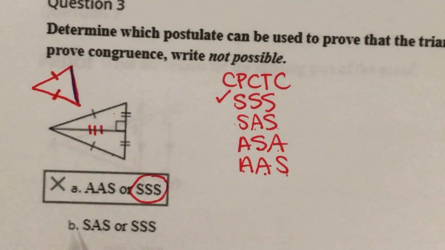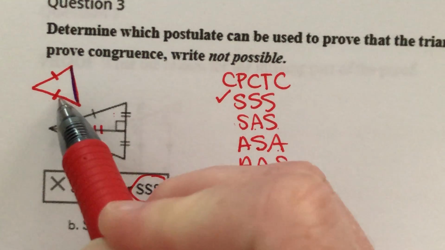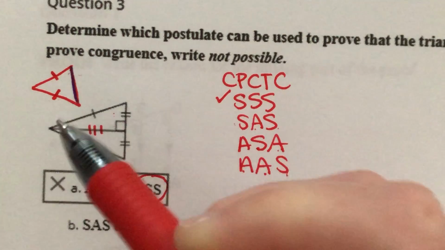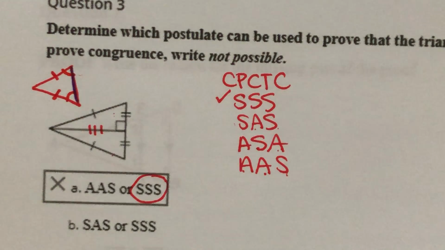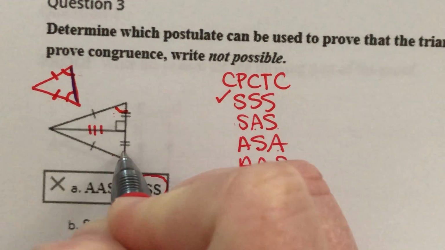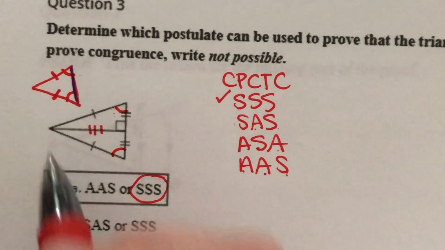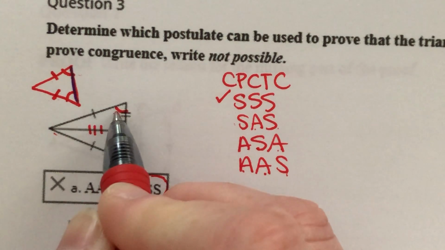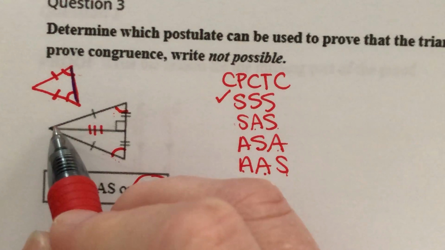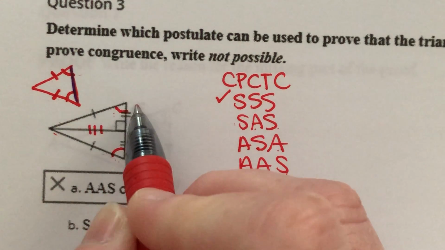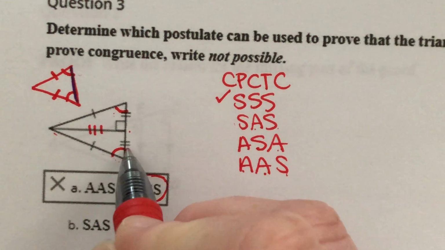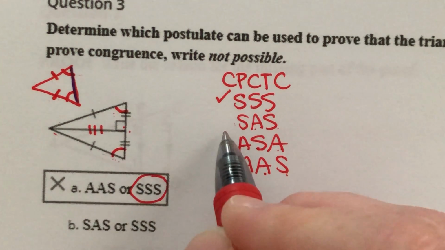So whenever we have 2 congruent legs of a triangle, the angles across from those sides are congruent as well. The 2 base angles are congruent. So this angle has to be congruent to this guy, which means this guy has to be congruent to this guy, right? This side is across from this angle. This side is across from this angle. So now I have a side, an angle, and a side marked congruent to a side, an angle, and a side, which is SAS,